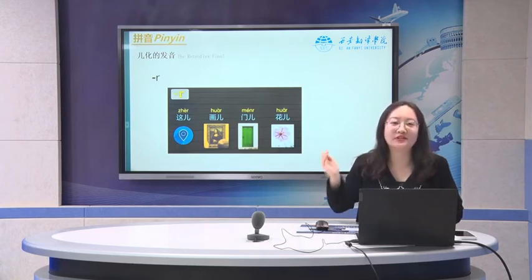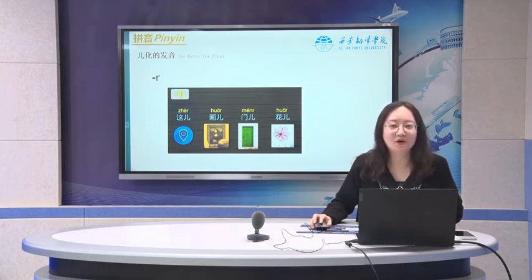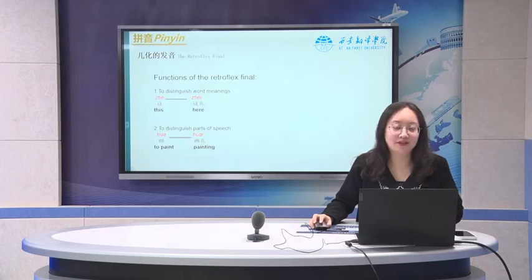Just roll your tongue tip. 这儿, 画儿, 门儿, 花儿. So what's the difference between this and the function of 儿? You can say the first one is to distinguish